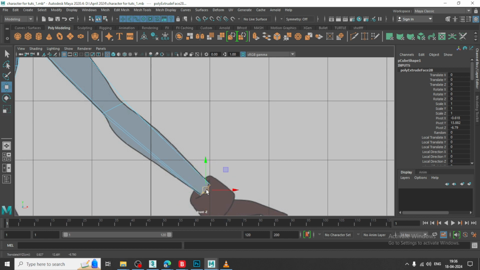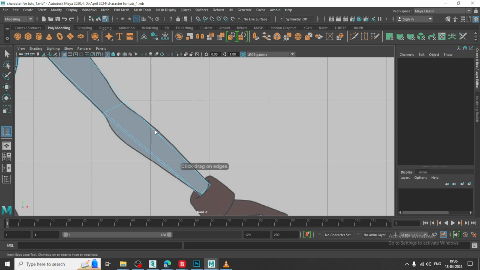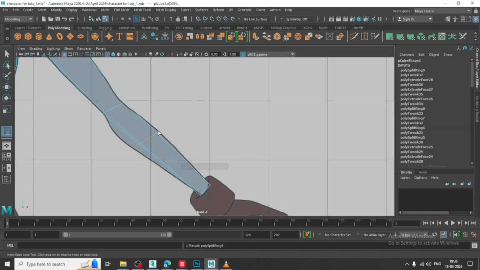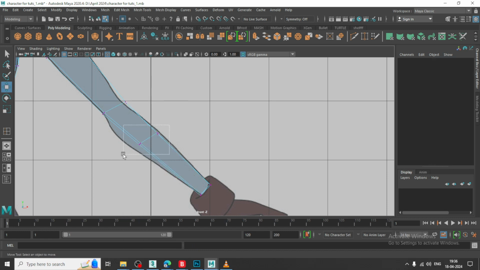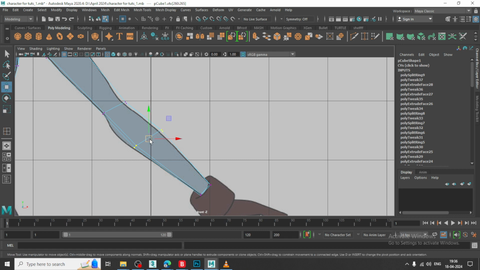I'll rotate it over here, and now what I'll do is I'll put some loop over here. Now select the vertices, scale it,